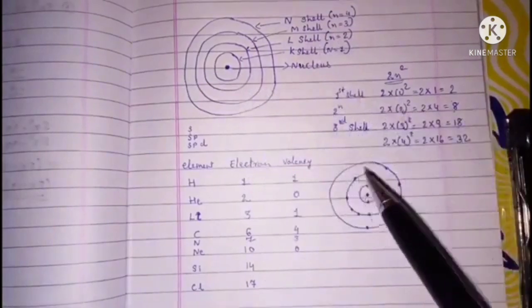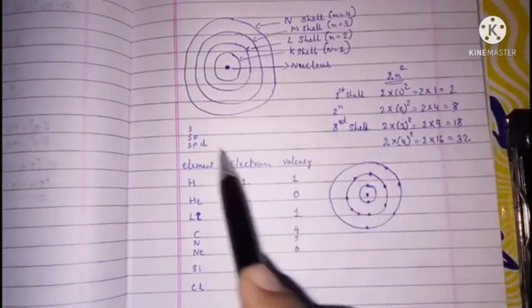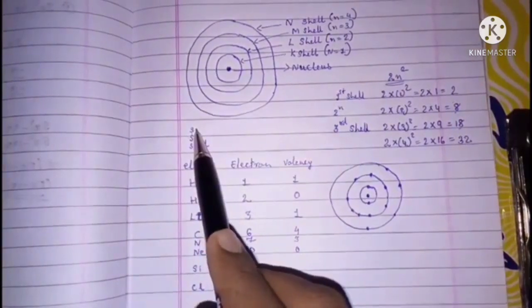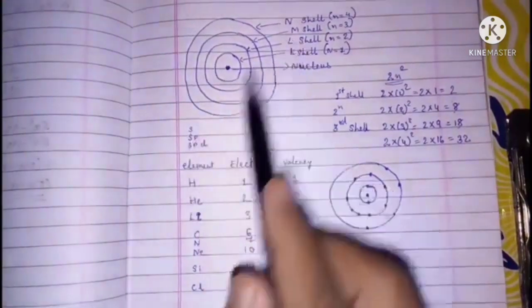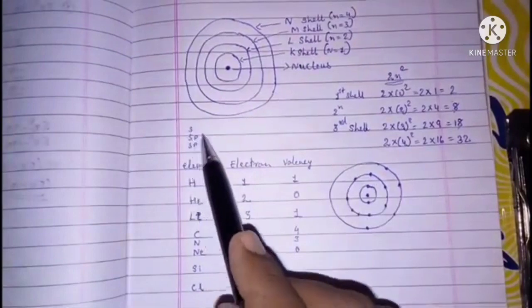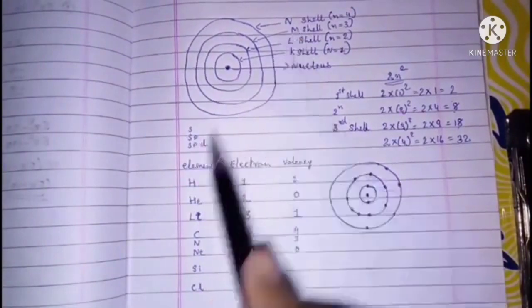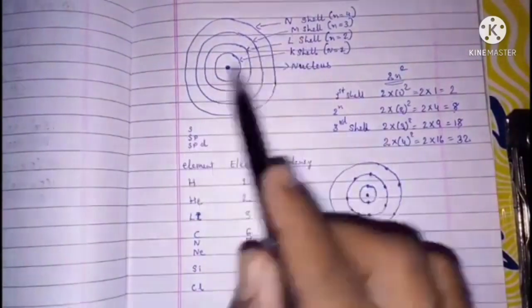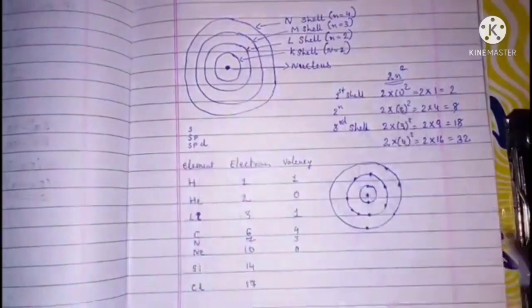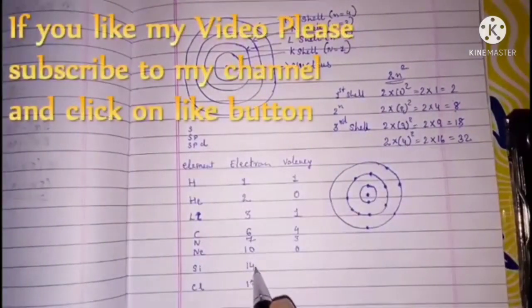Okay, now the K shell, L shell, M shell and N shell are divided into S, SP, SPD. Like that it is divided, my dear children. Okay, now internally it is divided. So that is why